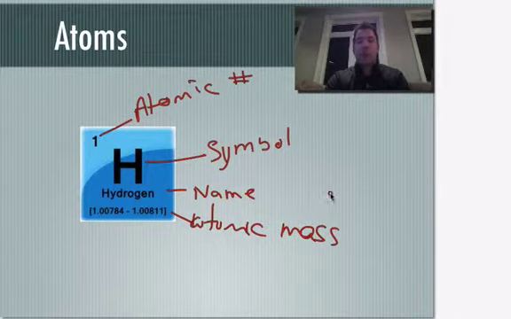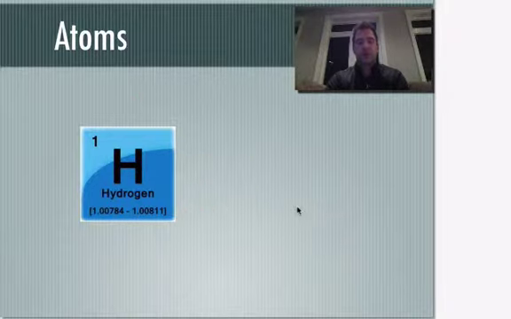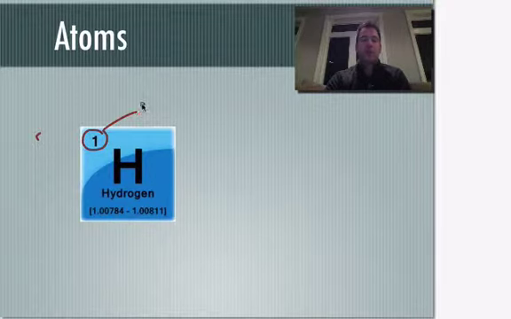So I would pause the video and I'd make sure I write these things down. I would draw this diagram, I'd write it down in your notes, because this is going to be important in terms of determining what we're talking about next. So now what we need to talk about are these numbers. What do they represent? Well, the atomic number is going to represent the number of protons,